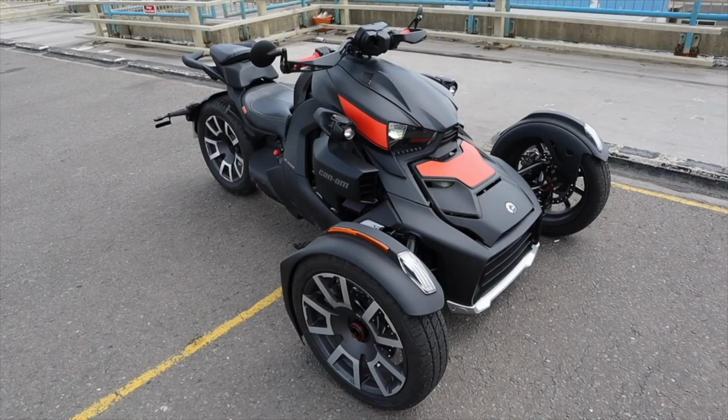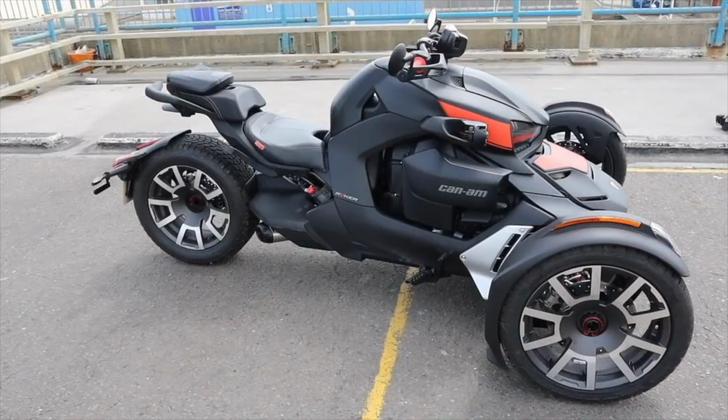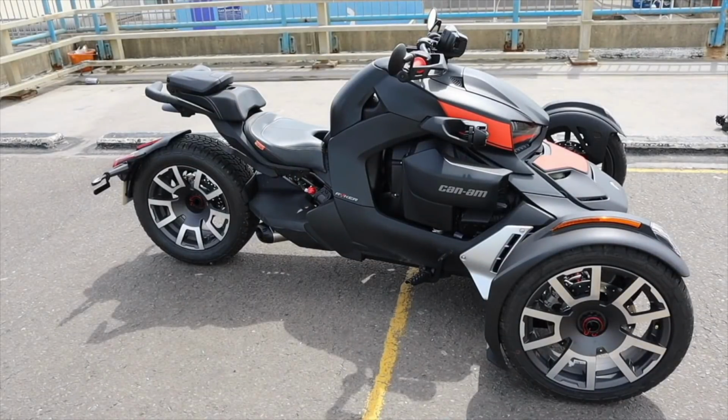So what else can I tell you about this machine? The cost of this little beast, as you see it, with the extras on the road, is about £13,000. It's going to be cheaper in the United States. Unfortunately, due to import duties, stuff's always a bit more expensive here in the UK. So about 13,000 on the road as you see it, but you can pick up this trike second hand for around £10,000 to £11,000. I'm told there's only about 150 in the country, so there's not that many around,